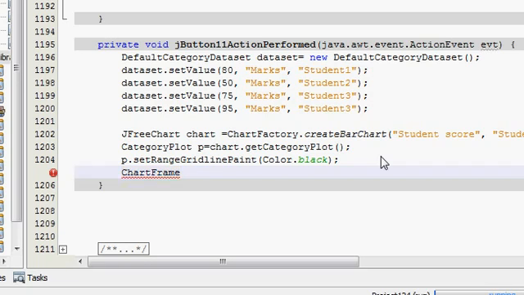frame, I will define my frame is equal to new ChartFrame once again, and bracket and semicolon. So this is my frame in which I will show my bar chart. So I will give it a title which is bar chart for student, and after that comma,